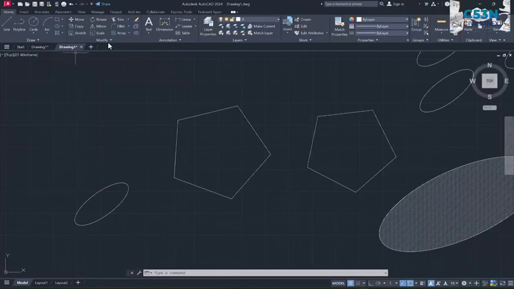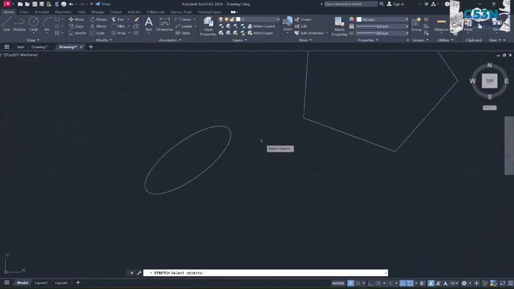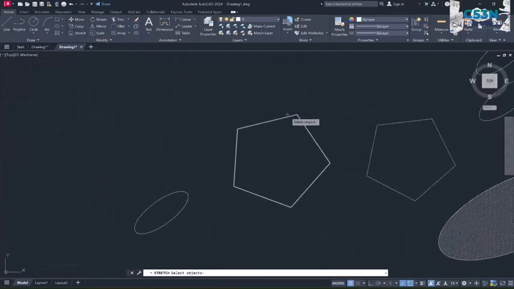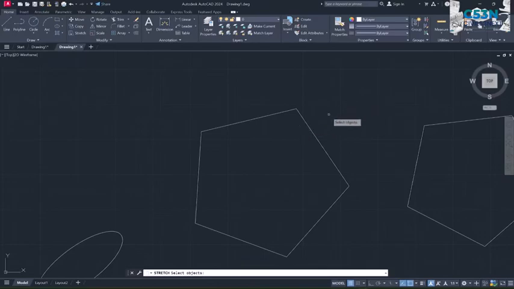Go to modify list, here it is. Left click to select. Now all you need to do is just to select an object that you want to stretch. So let's say that you want to stretch this object. In order for the stretch command to work with you, you need to select the object using a crossing window